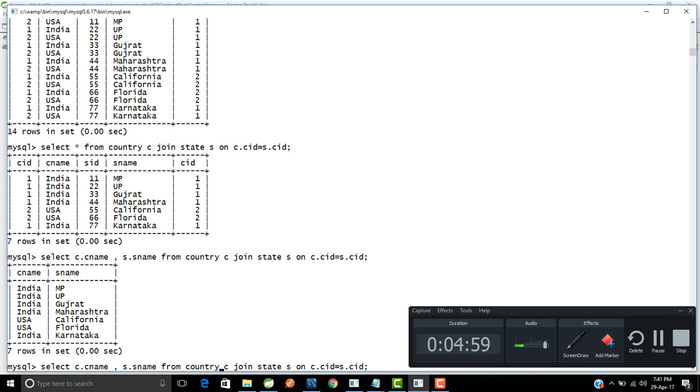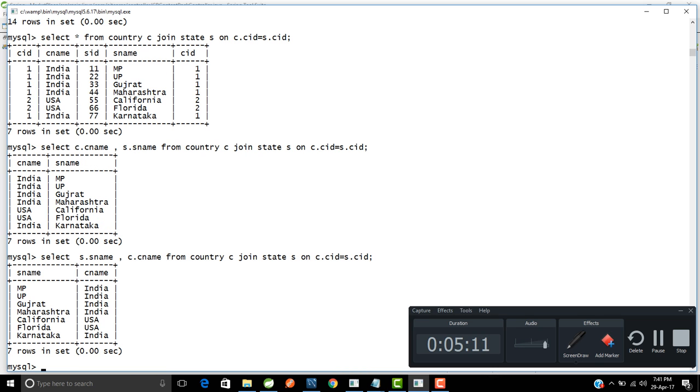And to have a better visualization of the result, first I will write the state name and then the country name, so you can better visualize the result. Okay, comma c dot c name. Okay, so MP, UP, Gujarat, Maharashtra and California,